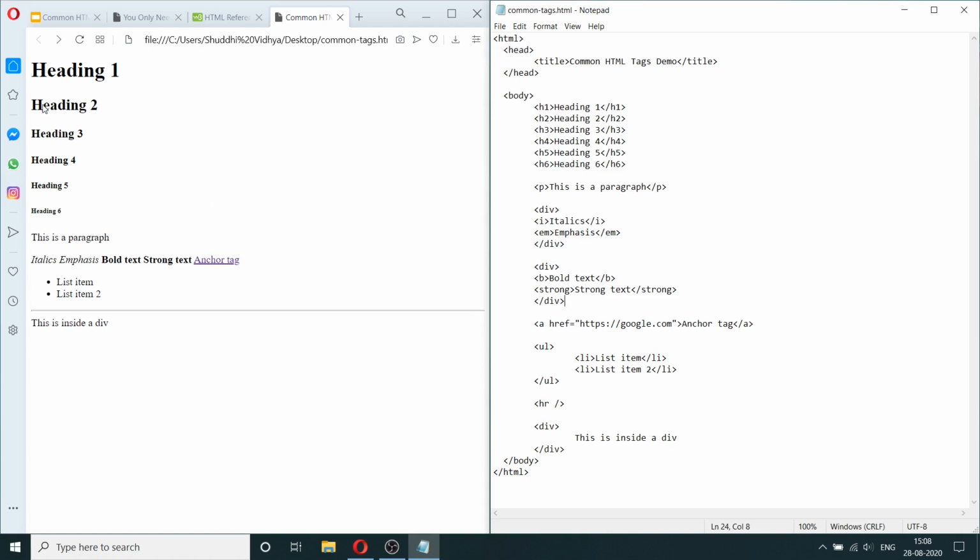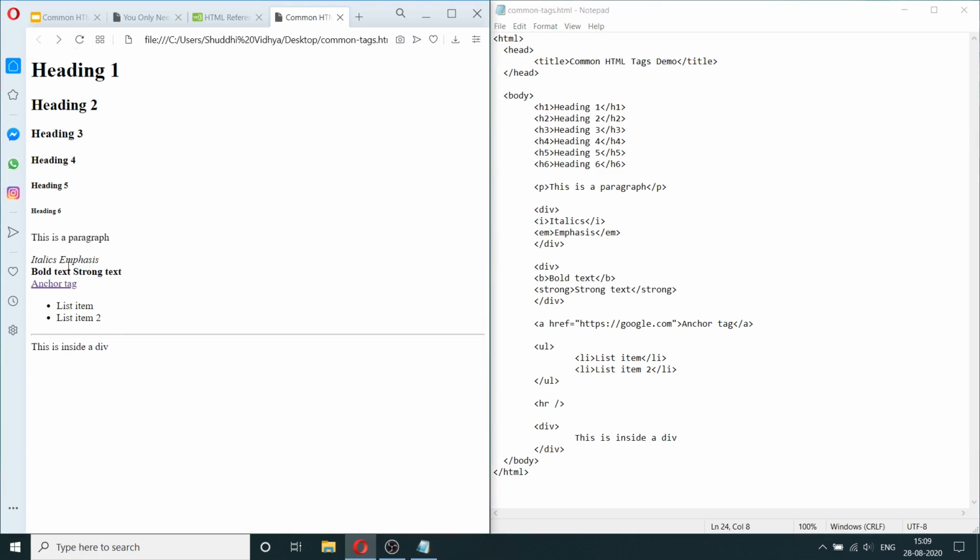So if you do this and save it and refresh it, it will put each of these content in a separate line. This way it's more distinct and it's easier to read. So the div tag basically puts it in a separate line, whatever is within it. And you'll also see that it's easy to have styling applied to a certain section using the div tags. And I'll explain what that means in the CSS videos. But for now, just remember that the div tag basically helps you isolate a certain section of the code so that it's more readable or separate from other parts of the content of the page.